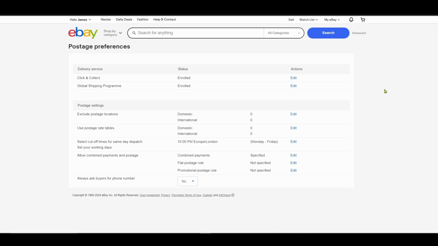Please excuse my dog. So I'm enrolled in Click and Collect. I'm enrolled in the GSP, the Global Shipping Program. I think if you live in the United States and you're having an issue where it demands to know how heavy the package is and that kind of thing, I suspect you'll see something under here that will say something like discounted eBay shipping program. So you need to unenroll yourself out of that, and what you should then be able to do is sell things and put completely free postage. So that's my solution. The other option is you can just do local collection only.